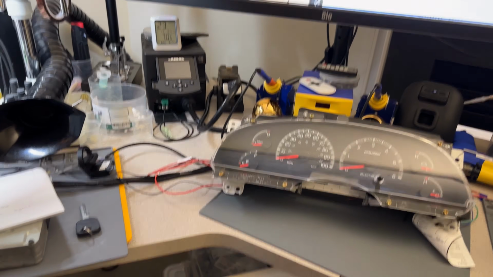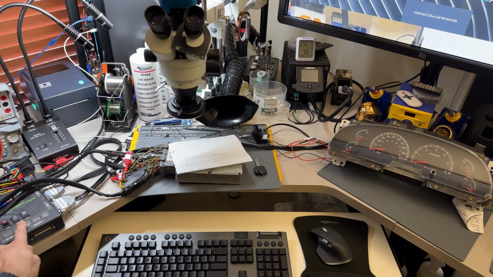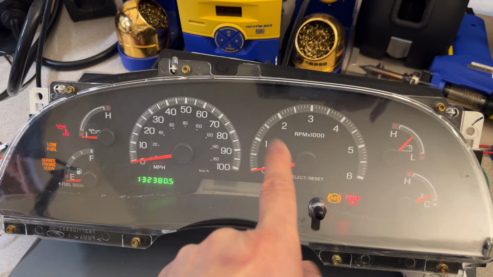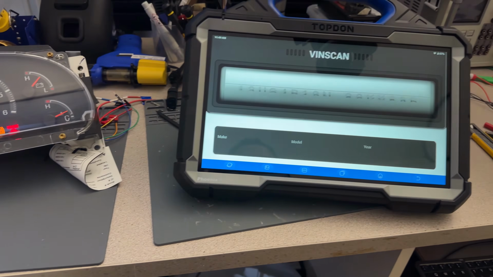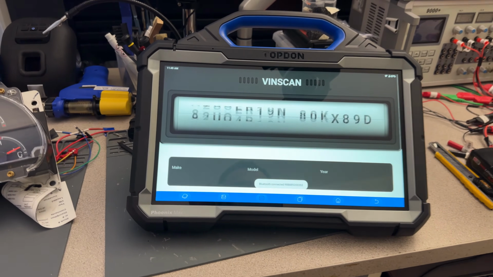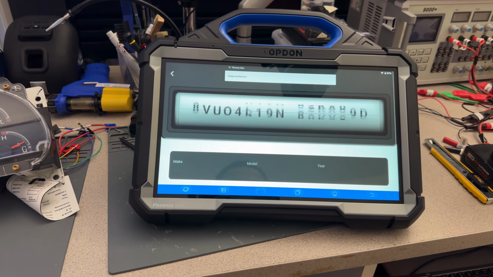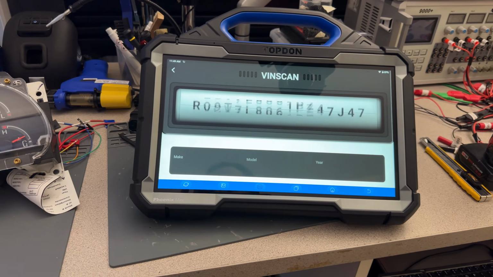light is off. I can show you that indeed that is now learned because, again, now the ignition is off, I'm going to turn the ignition back on and you're going to see the test light going off. That means it's learned. Now we should have granted access to the vehicle's PATS, and it should be relearned. So we should now go from forbidden to allowed, and we will be able to see that on the actual